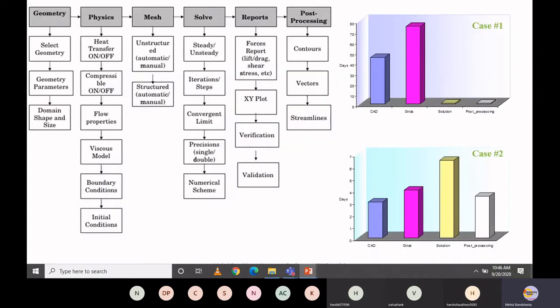Now let's look in a little more detail at what those four major steps are telling you. Basically, in the first step, you need to identify the geometry of the problem. That geometry can be identified by means of the dimensions available to you. Once you decide the fluid domain,